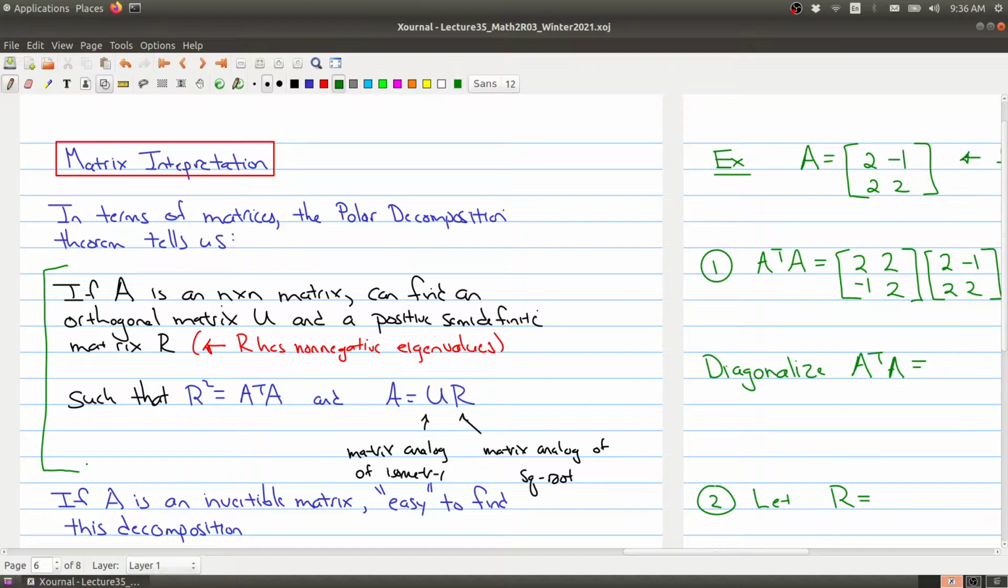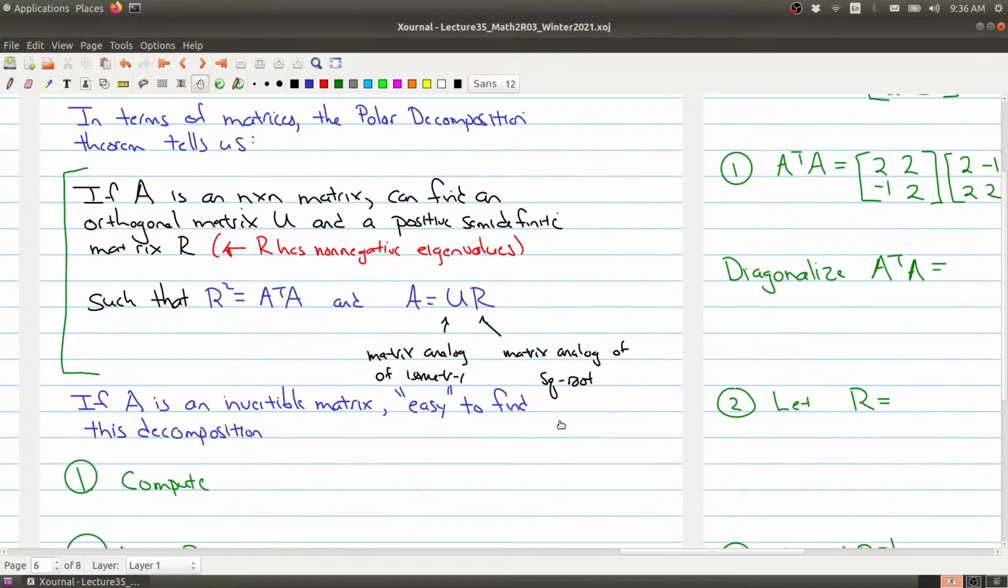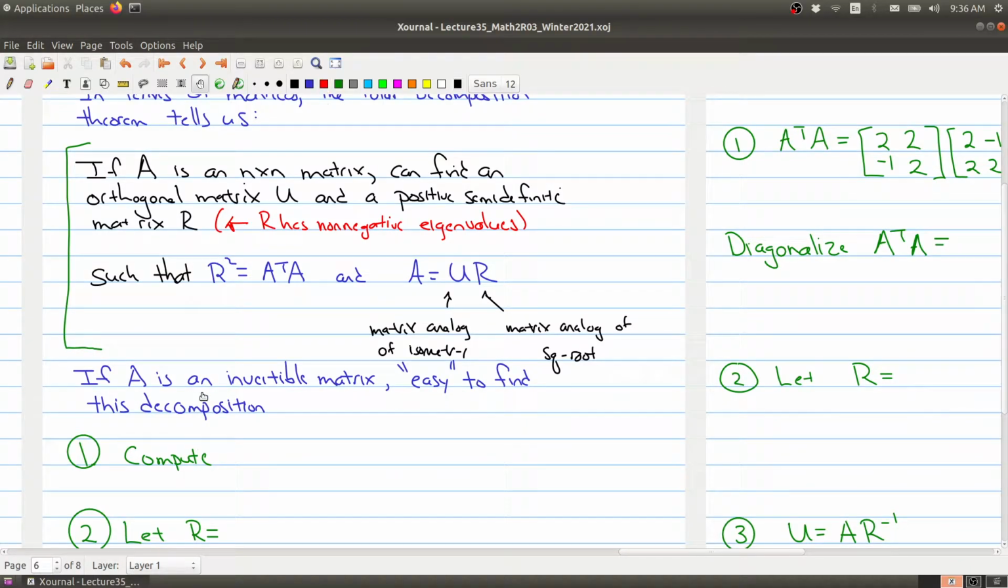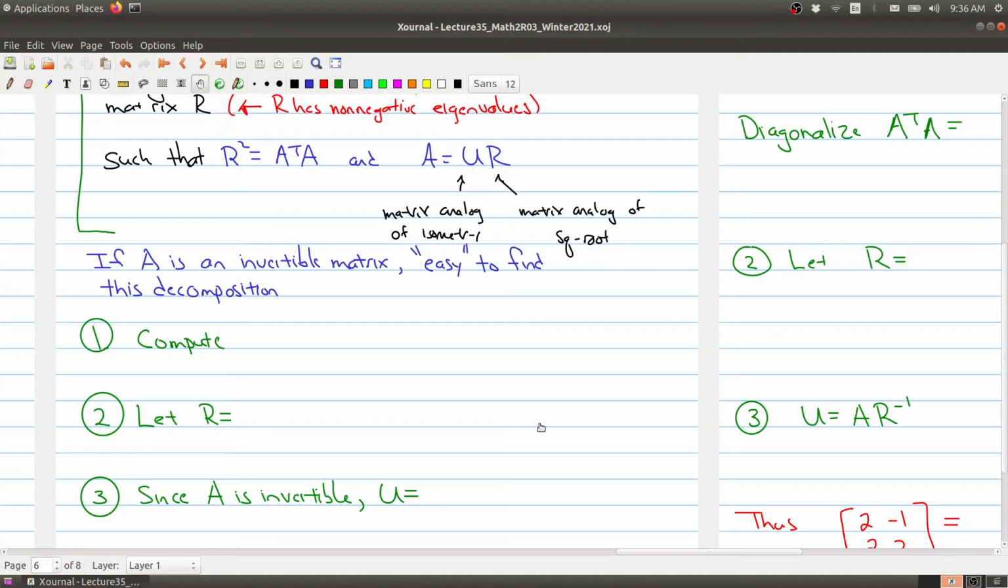And it's actually not so hard to find this decomposition under one extra hypothesis. If your matrix A is invertible, it's actually easy to find this decomposition. I mean, you may quibble with the word easy here, but it's straightforward to explain. You don't really need anything more than math 1B03, because what you do is, first of all, you compute A transpose A,